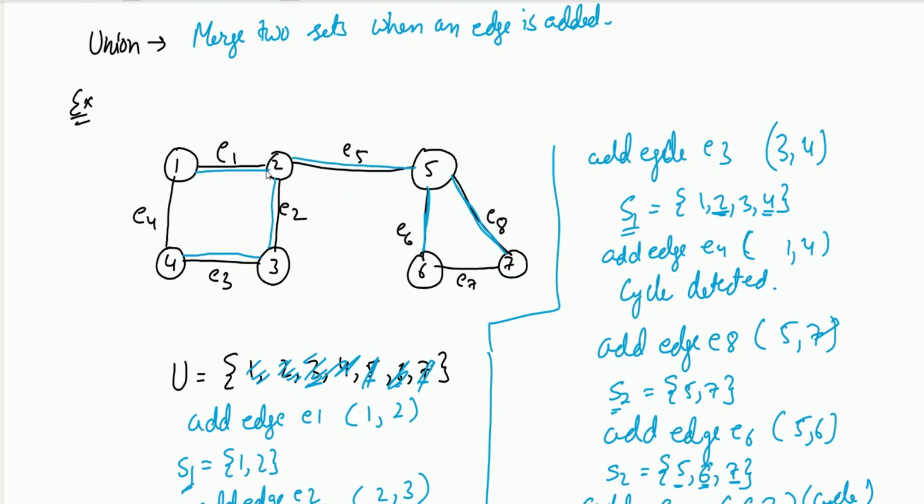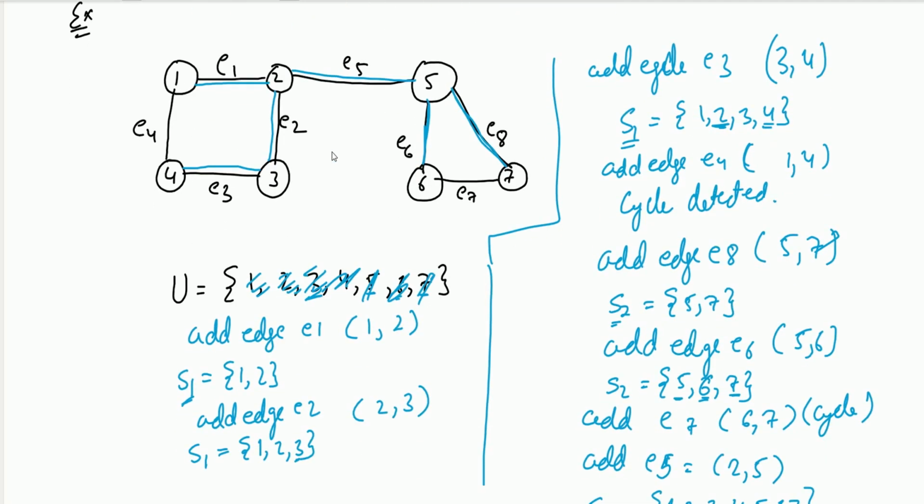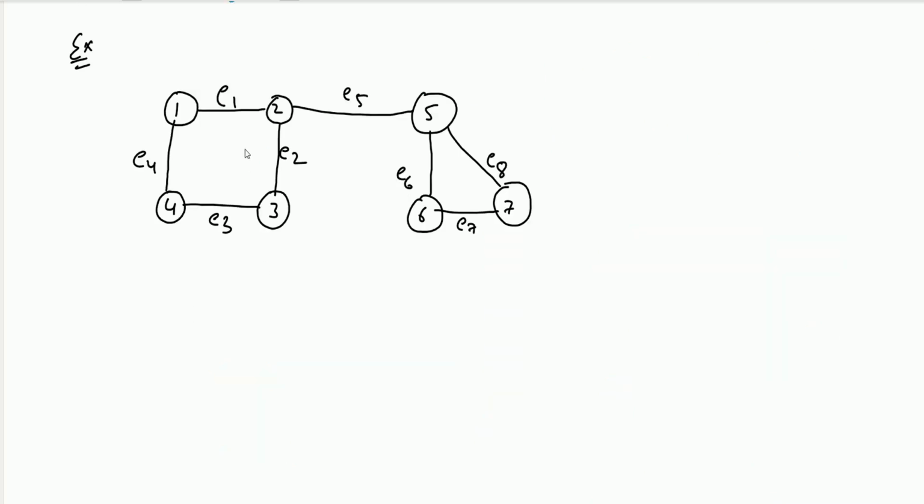Now you can see that there will not be any cycle if we have selected this. And even if I try to add a new edge from 3 to 5, 3 to 6, 4 to 7, any edge in this will create a cycle. This is the minimally connected graph here. Now let's see graphically how this can be done.